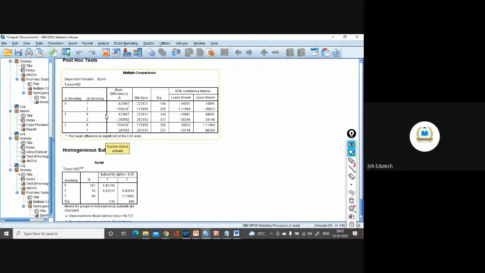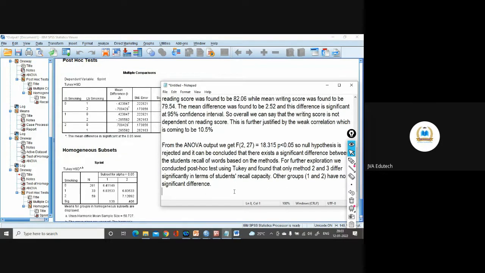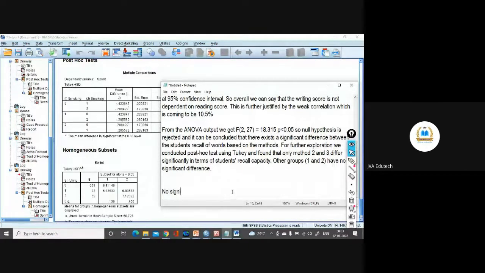So see the three tables differently. Let's compare only past smokers with non-smokers. No significant difference. We can say no significant difference between past smokers and non-smokers.